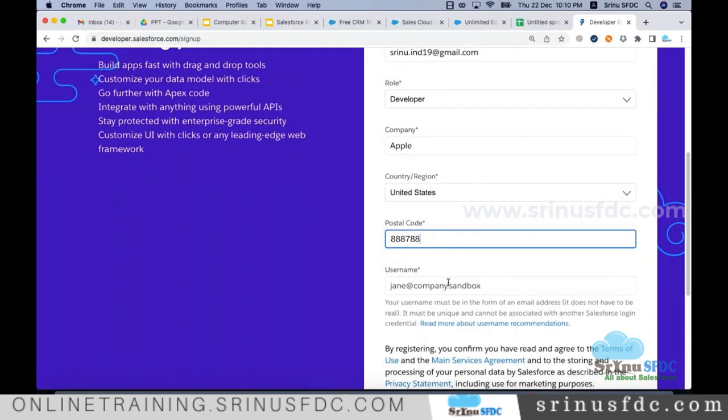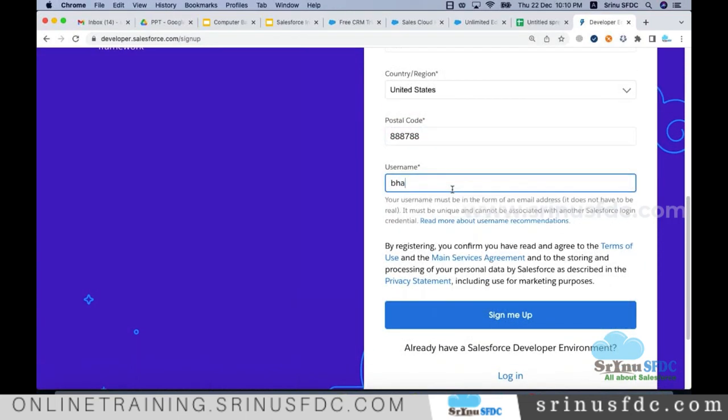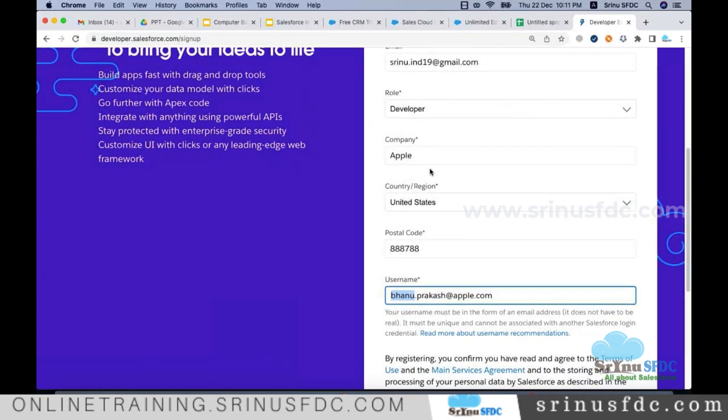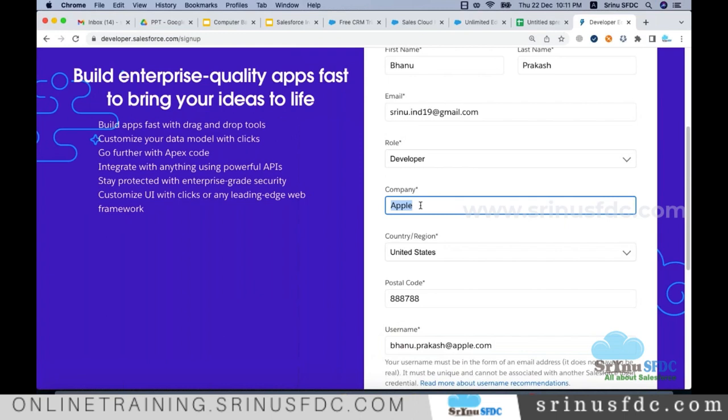Okay, and also the username, right? In general, the username will be first name dot last name @company.com. That's the standard. So technically, I should create Banu.Prakash@apple.com if this person is working for the Apple company. But in reality, we are not working for the Apple client, we don't have access. So here, instead of Apple, I follow some pattern to